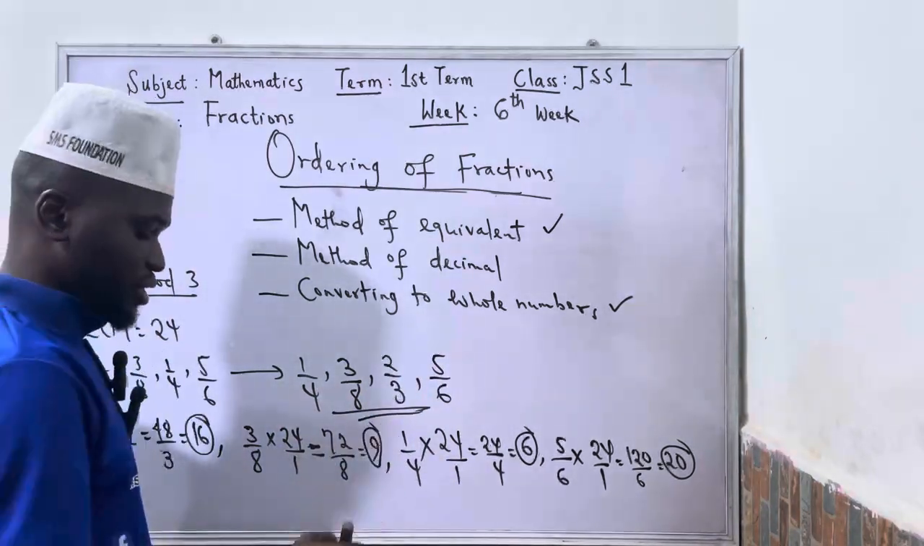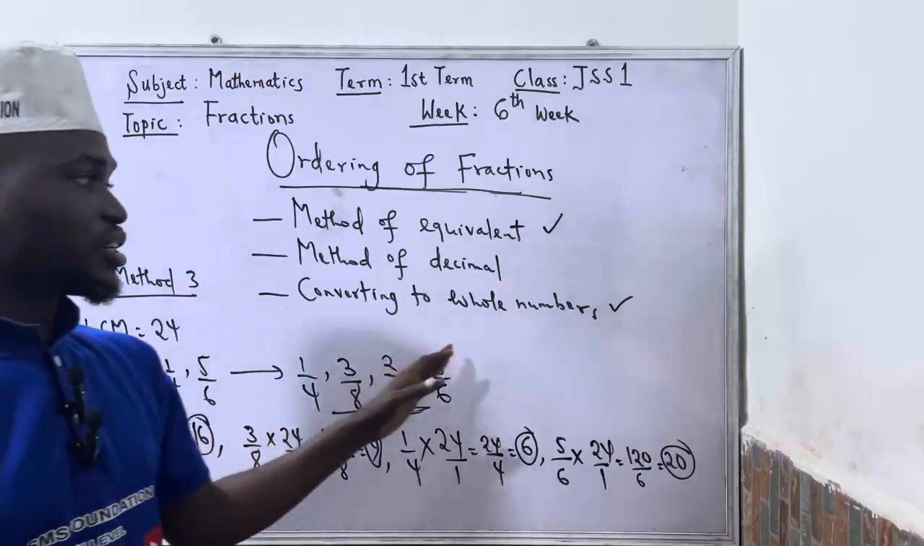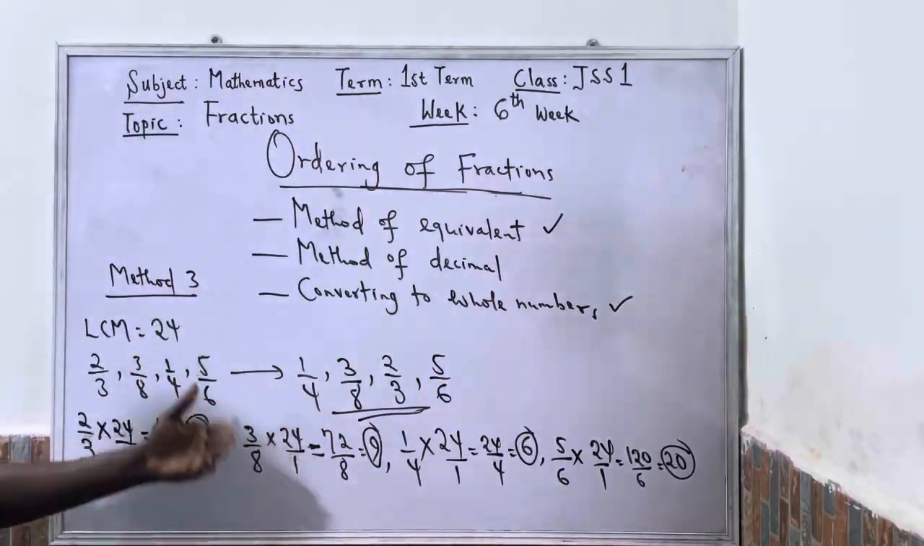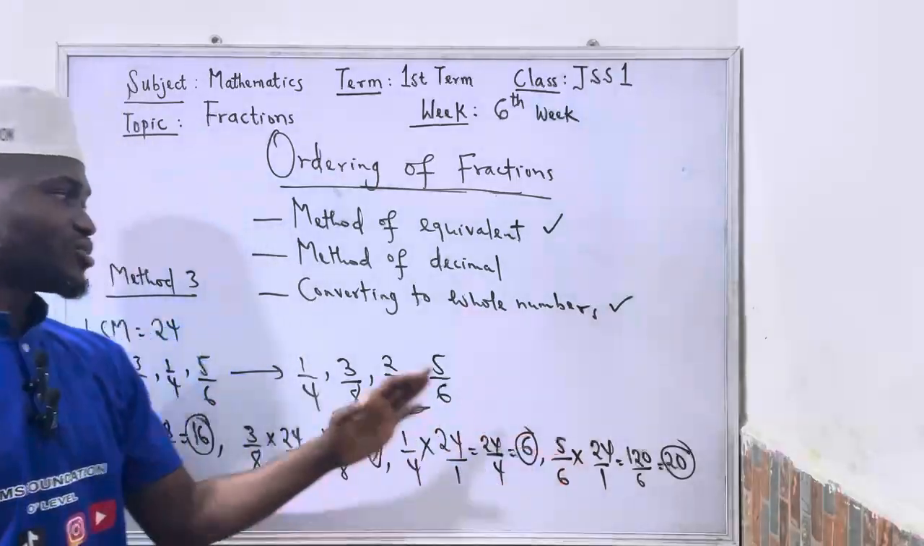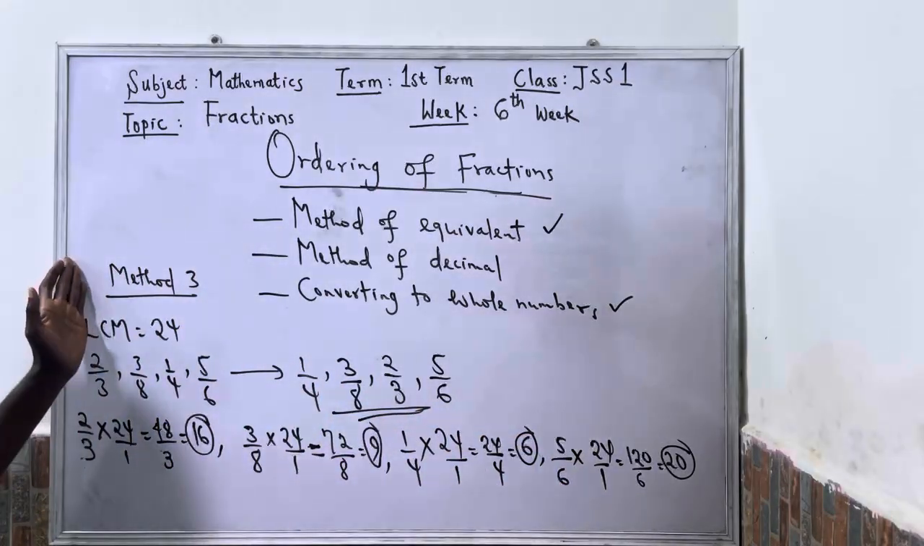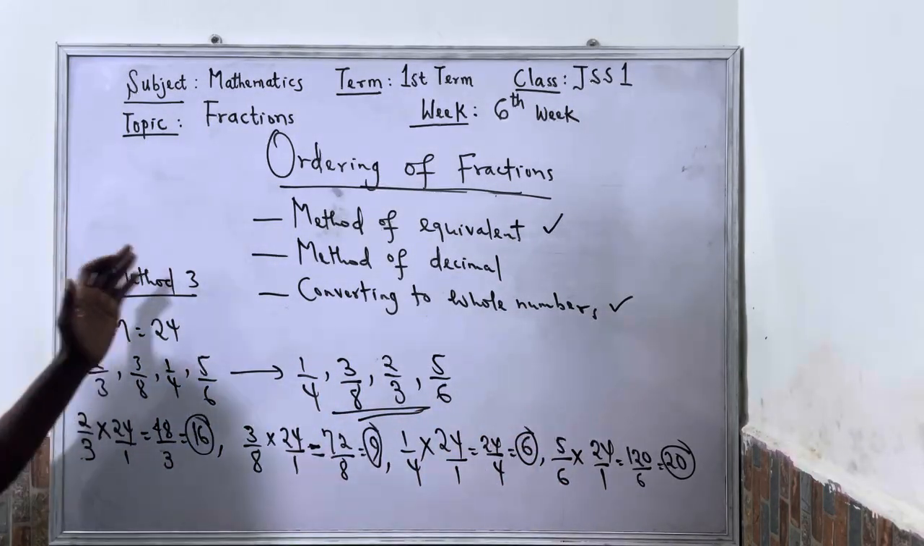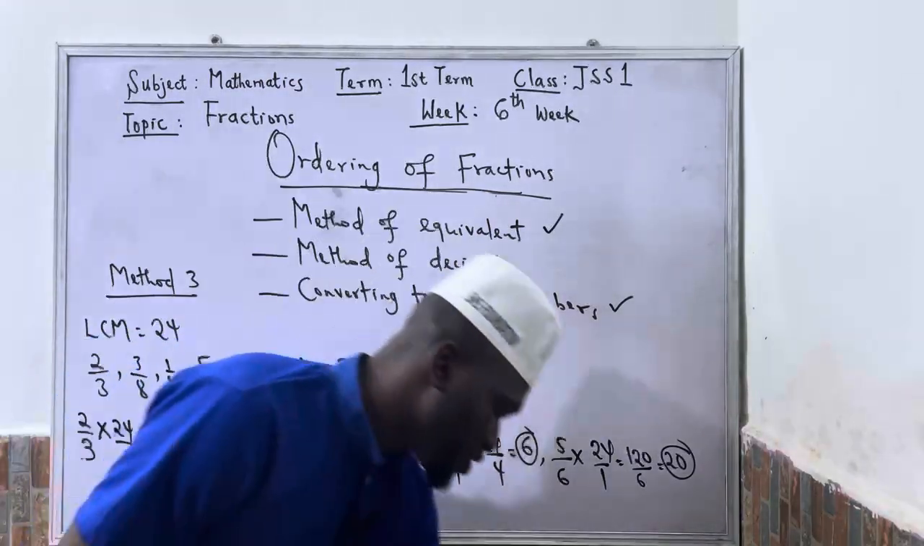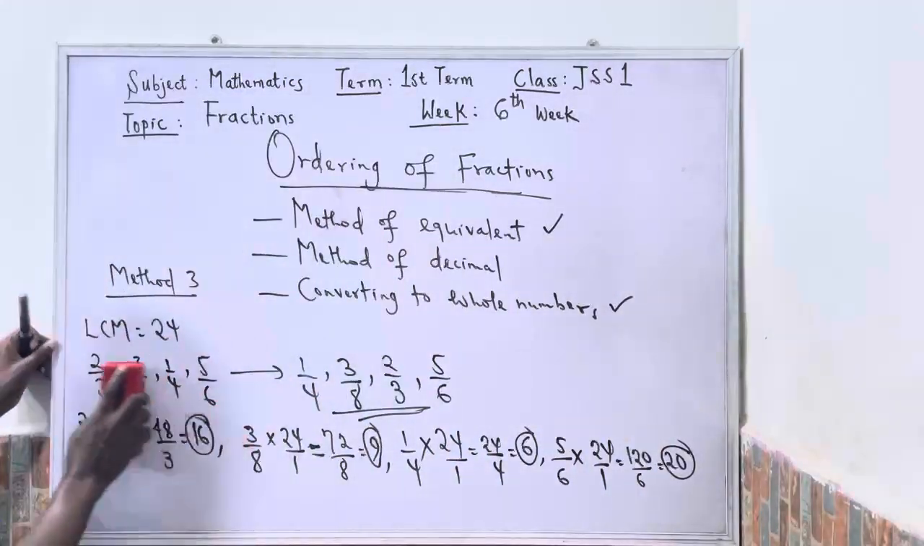So, this is how to arrange fractions in order of size. This is ascending order from the smallest to the biggest. So, this is the second method. You can choose many other questions from your book and use this method. Now, the third method is convert